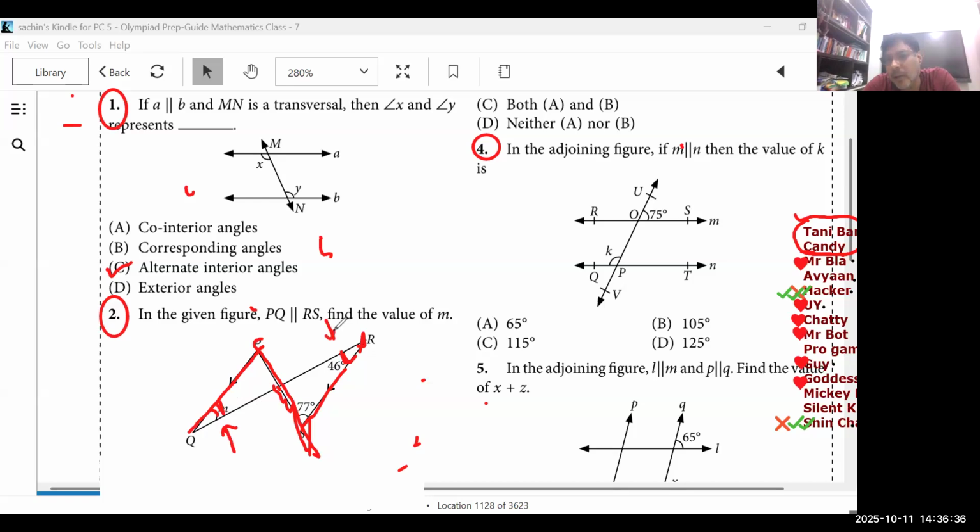Then M is parallel to N, the value of K. Now this is 75. So this also will be 75. So this will be 180 minus 75, that is 105. Okay, Hacker, Avyan and Shinchan. Sir, isn't